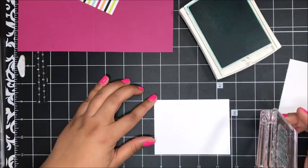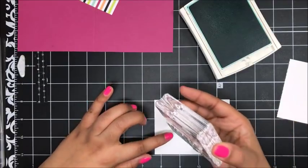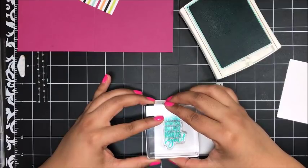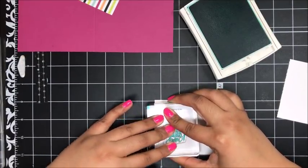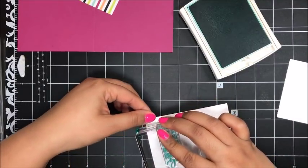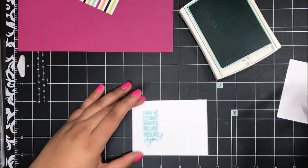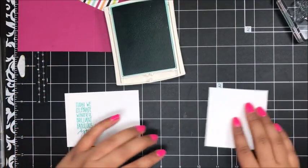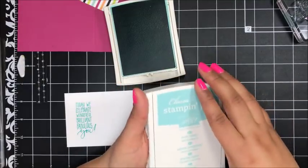So ink that up, and you want to stamp that off to the left, so center that up. I'm going to stamp it right about here. Okay, right about there, that looks good. Leave out your Bermuda Bay, we're going to use that again. I'm going to set this to the side, and I'm going to bring over this smaller piece and my Pool